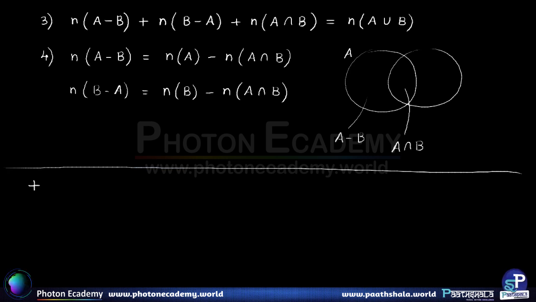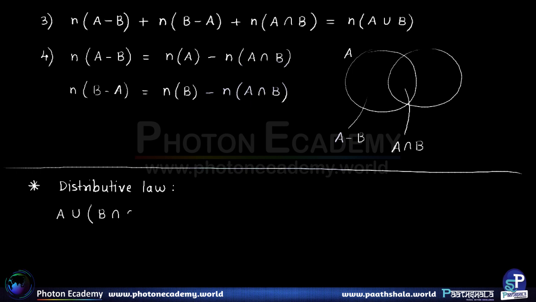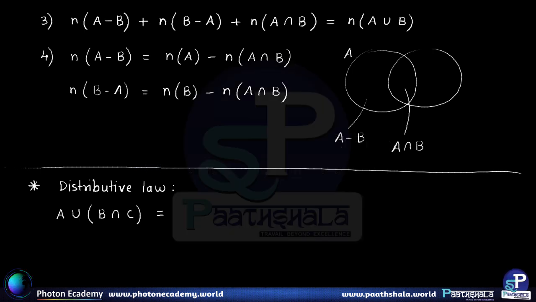Now lastly here, let us see what is called the distributive law. Now the distributive law comes in the picture whenever we have two different operations done together. That is, suppose we have A union, into bracket, B intersection C. Now you see, if we did not have the bracket, then it would cause a problem in deciding the priority. So therefore here the bracket is present, and the question is, how do we expand this particular law, as if we are expanding the algebraic bracket multiplication.